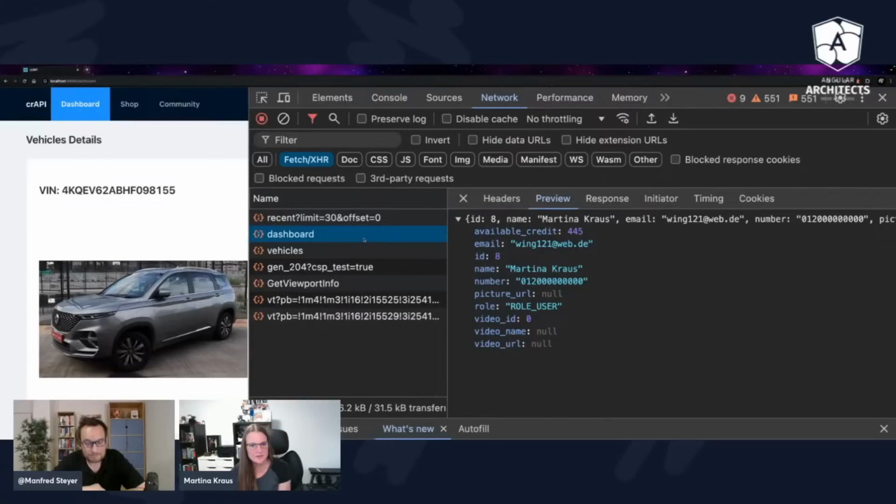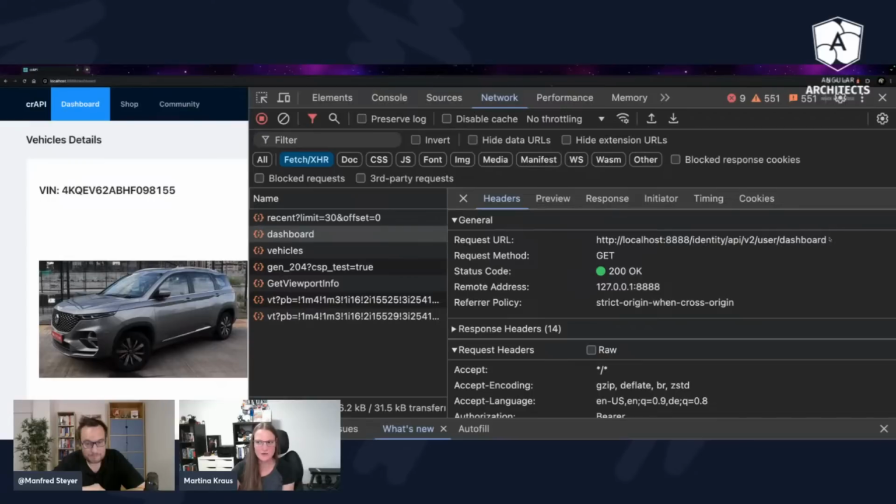The dashboard API request reveals some information about myself, but I don't find any user ID or any information that tells the backend API to get me the dashboard data for this user. So I come to the conclusion that the backend API must retrieve this information out of the JWT token.